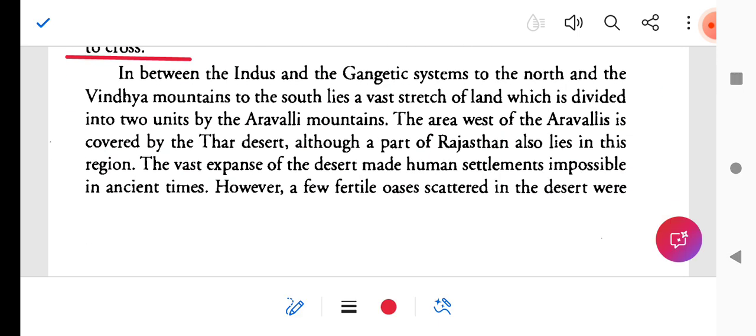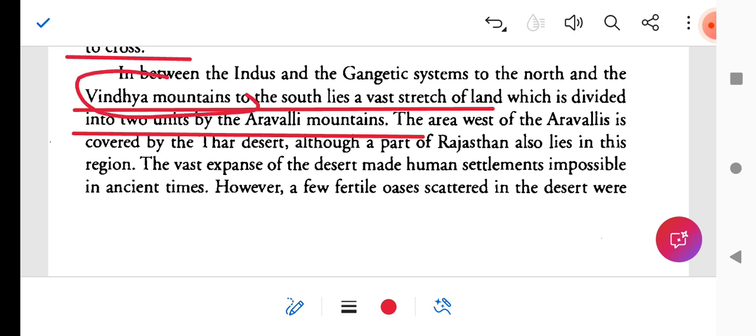In between the Indus and the Gangetic systems to the north and the Vindhya mountains to the south lies a vast stretch of land which is divided into two units by the Aravalli mountains. So the Vindhya range divides north and south, and this is located in the transition between North India and South India. And the Aravalli mountain is located in the north of the Vindhya range, and one plateau is located between these two mountains, that is the Malwa plateau, which was very important during the ancient period,